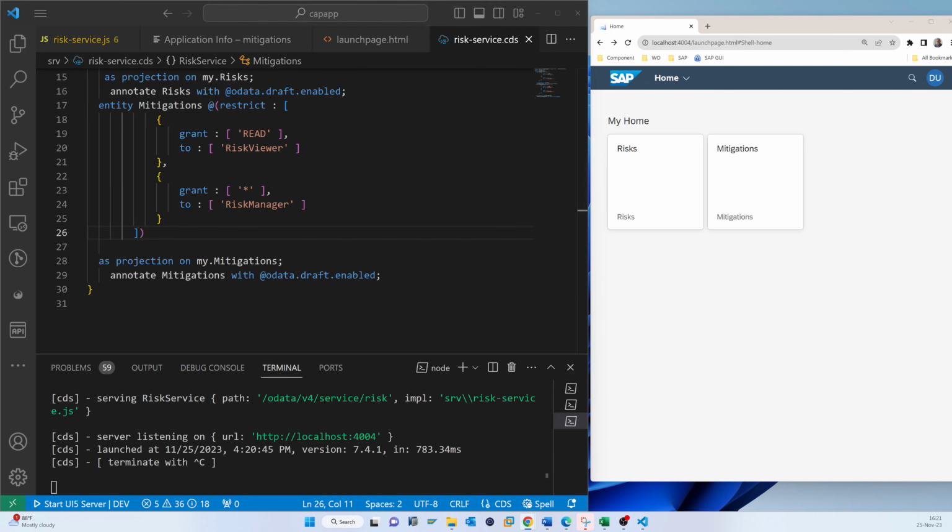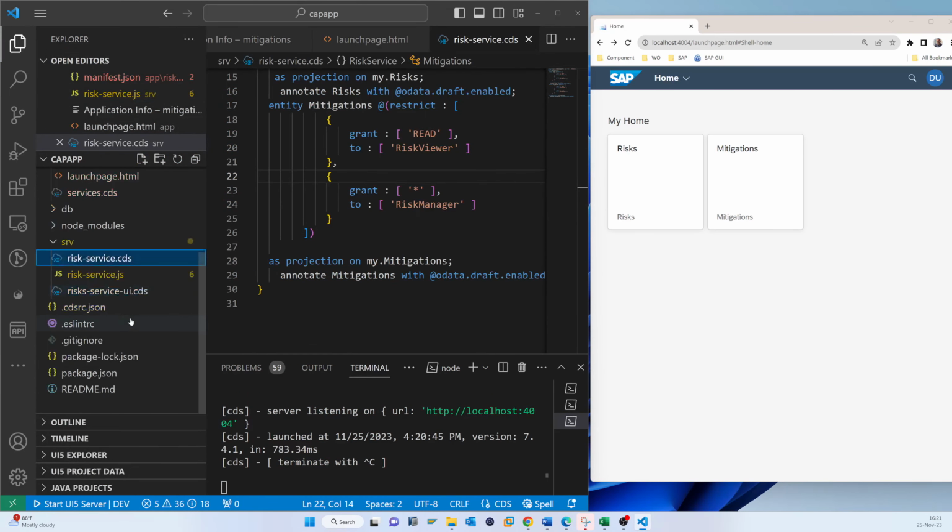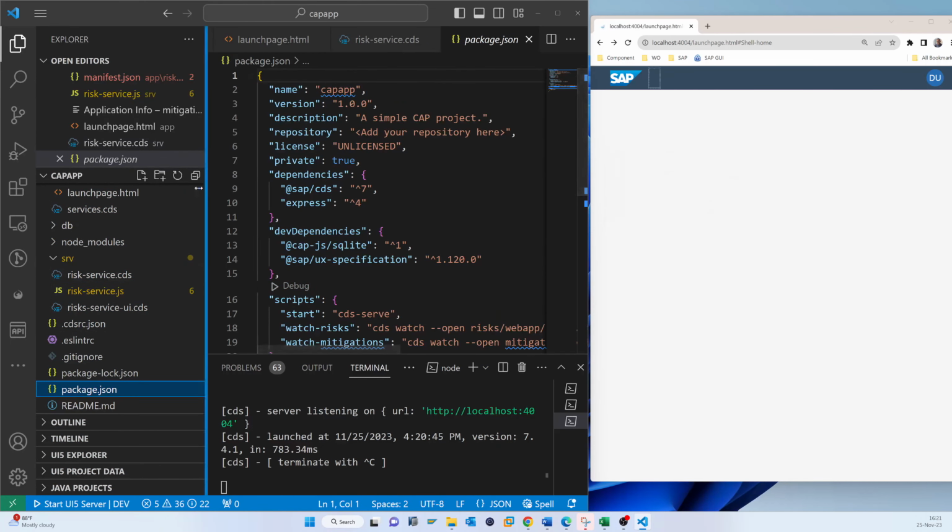So now we can add the user for testing purposes. In the package.json, if we go to the package.json here,